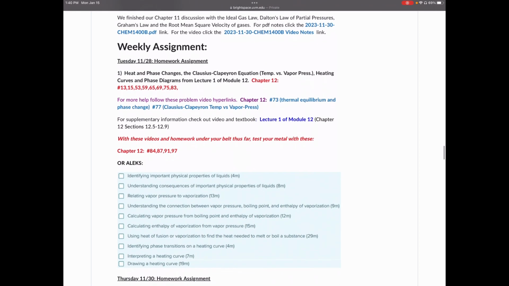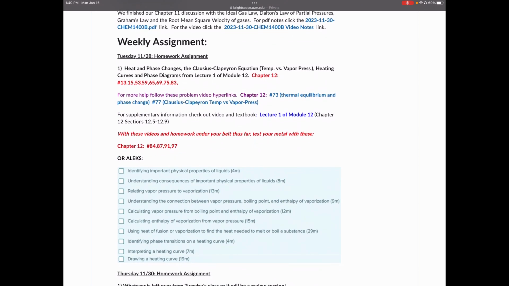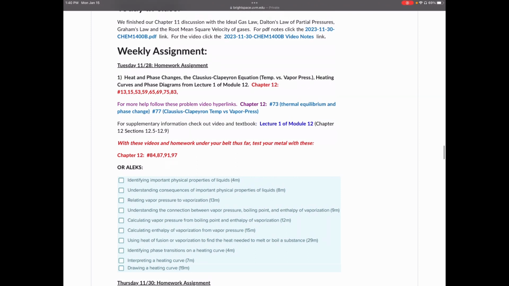Here is a better one to jump off of, where we have a weekly assignment. That's what I will do at the end of every week. Not only do I try to keep us going midweek in terms of connection, but at the end of every week, I will say, okay, this is what I want us to accomplish next week. It gives you the ability to plan ahead for what's coming your way.